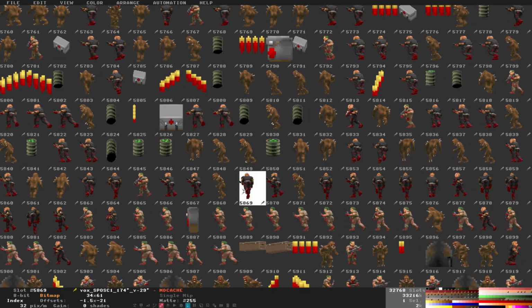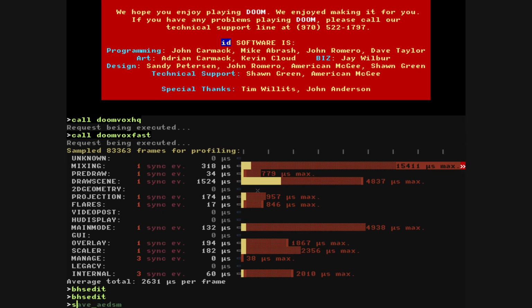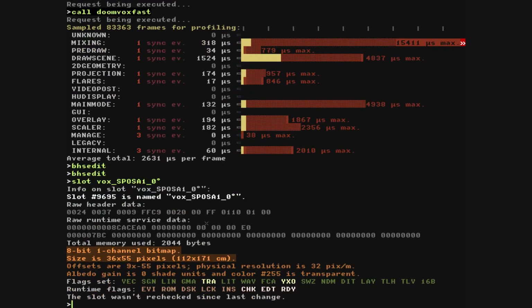So let's look for, suppose, slot A1 with the vox prefix is 0 degrees. Okay, so this slot,